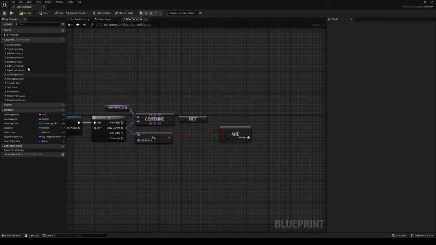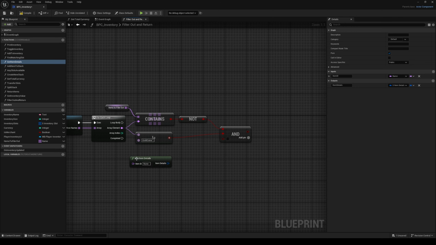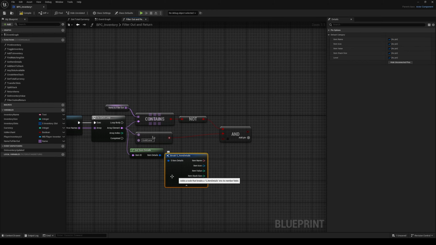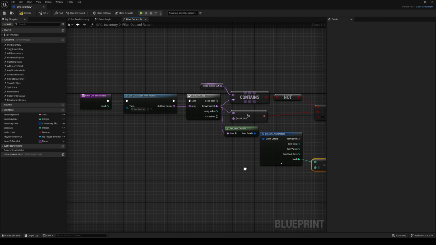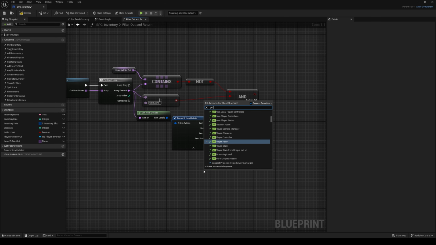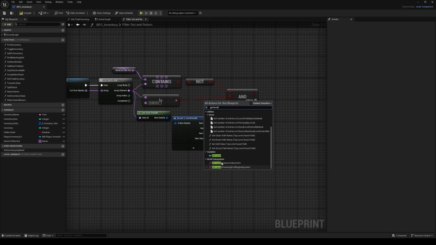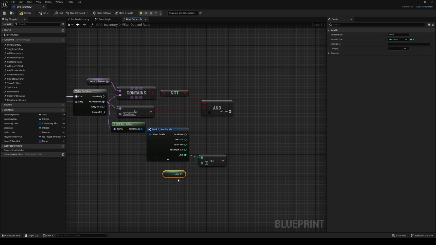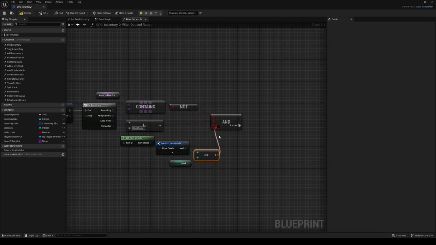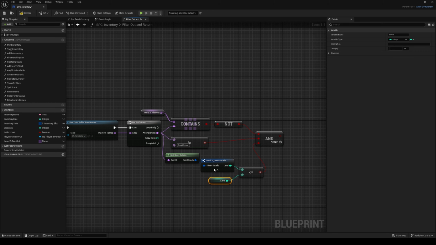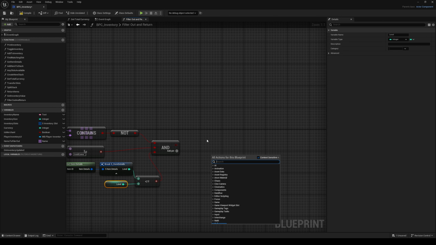So to get the level, we need to get the item details. We'll break it open and then compare it to this. So if it's less than or equal to the level we have, so get level. Now you can also have a little margin of error here if you'd like, but we'll just keep it at this. So if that's the case, we can plug that in. And if we are happy, we can proceed. So now I need a branch